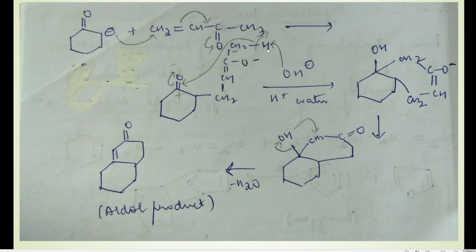Okay. In the next step, what happens is that this proton is being eliminated. So there's an elimination of proton. There is water in the reaction medium, correct? Water was formed in the previous step. So that water dissociates to give H plus and OH minus, and the OH minus will try to withdraw this proton from here. So this H will go out as H plus. So this carbon here will get a partial negative charge. So here in pencil I have written minus. So this carbon is getting a partial negative charge. Why? Because this proton is going out as H plus.